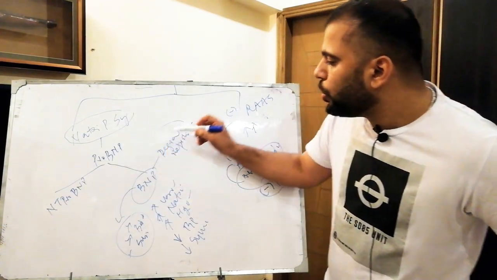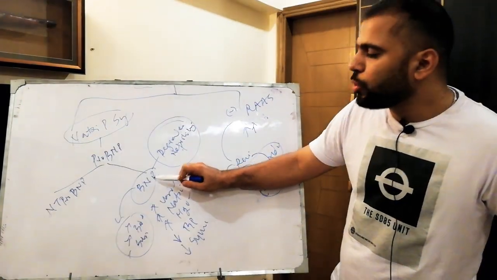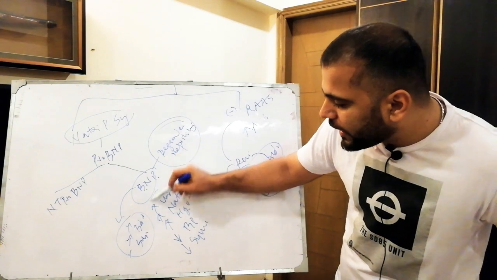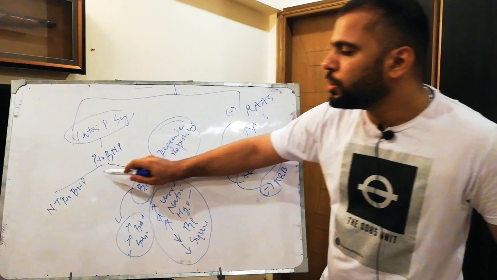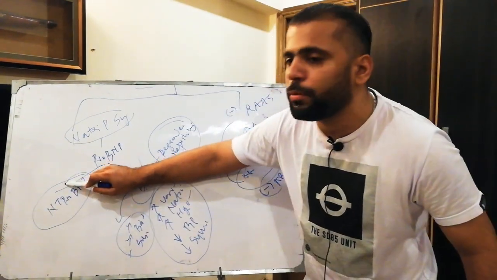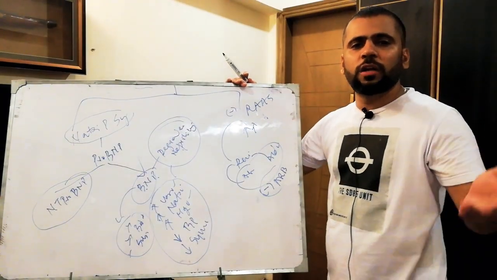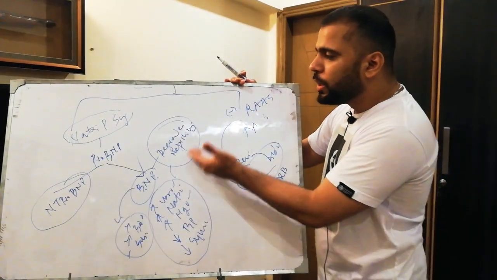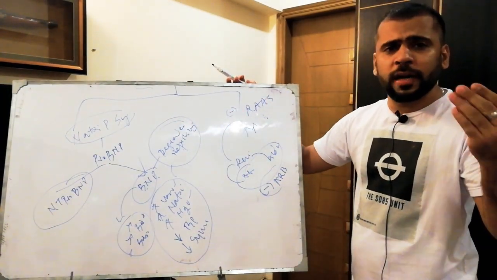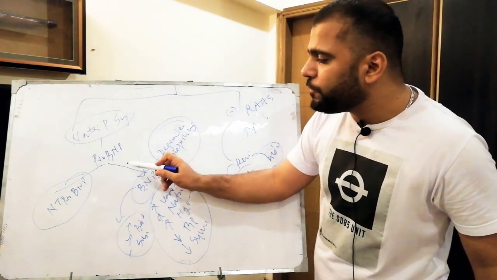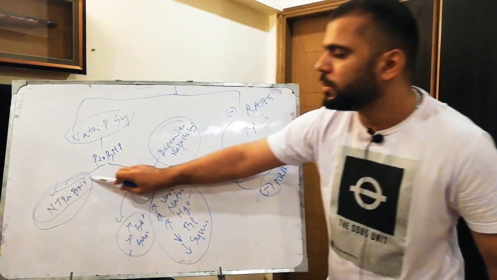So by blocking the neprilysin, we are increasing the BNP. By increasing the BNP, we get the beneficial effect of this drug. There is nothing to do with NT-pro-BNP. So if you want to check for heart failure, or to exclude heart failure, in a heart failure patient who is on ARNI, on an angiotensin receptor blocker and neprilysin inhibitor, you have to do NT-pro-BNP, because NT-pro-BNP has nothing to do with